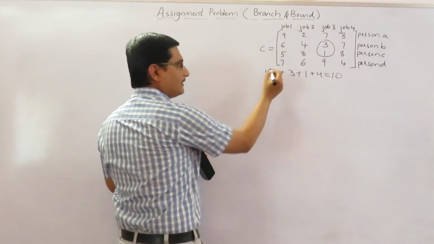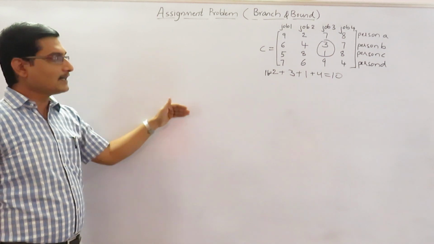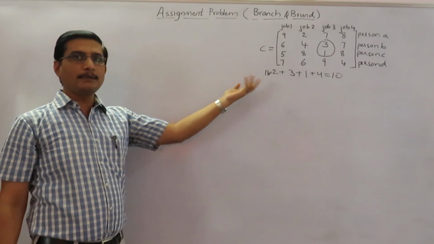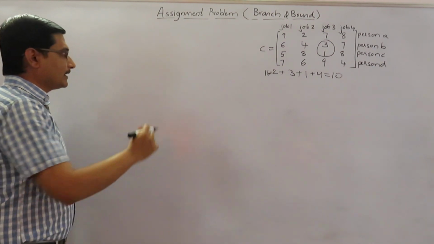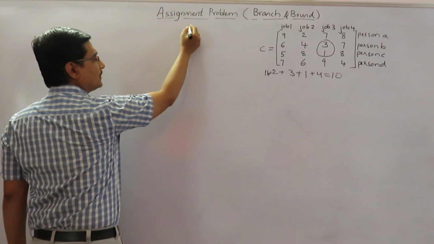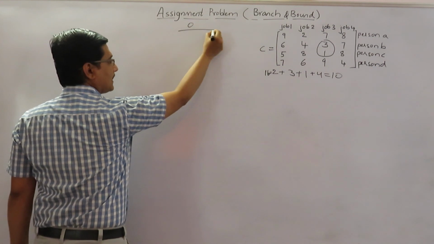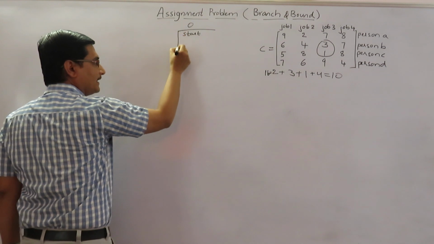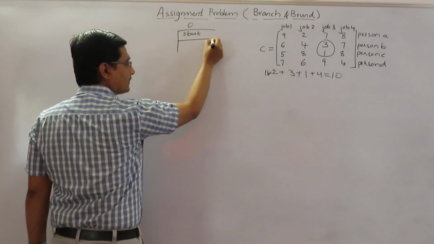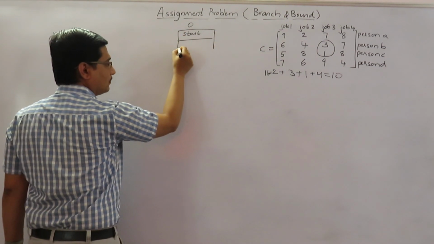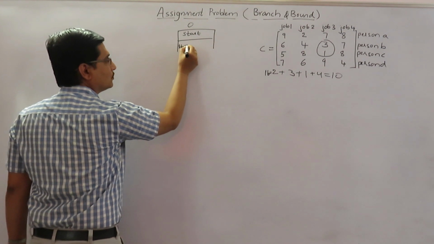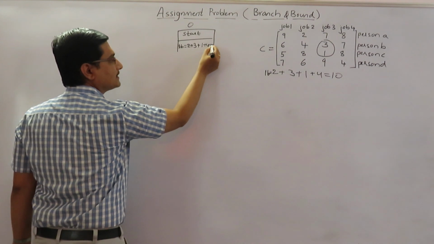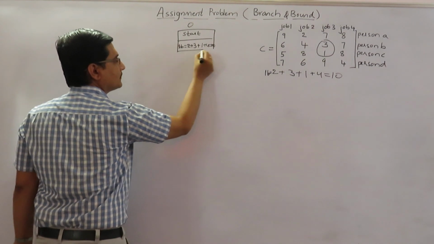Once we find the lower bound, we can start constructing the state space tree such that we cannot go below this. We will see how we can construct it. Say at the root level, the 0th level, let us start. We have not assigned any job to any person now. We have just calculated the lower bound. So the lower bound will be 2 plus 3 plus 1 plus 4, which is equal to 10. That is the lower bound.